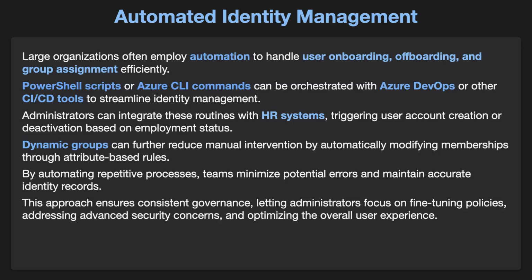Dynamic groups can further reduce manual intervention by automatically modifying memberships through attribute-based rules. By automating repetitive processes, teams minimize potential errors and maintain accurate identity records. This approach ensures consistent governance, letting administrators focus on fine-tuning policies, addressing advanced security concerns, and optimizing the overall user